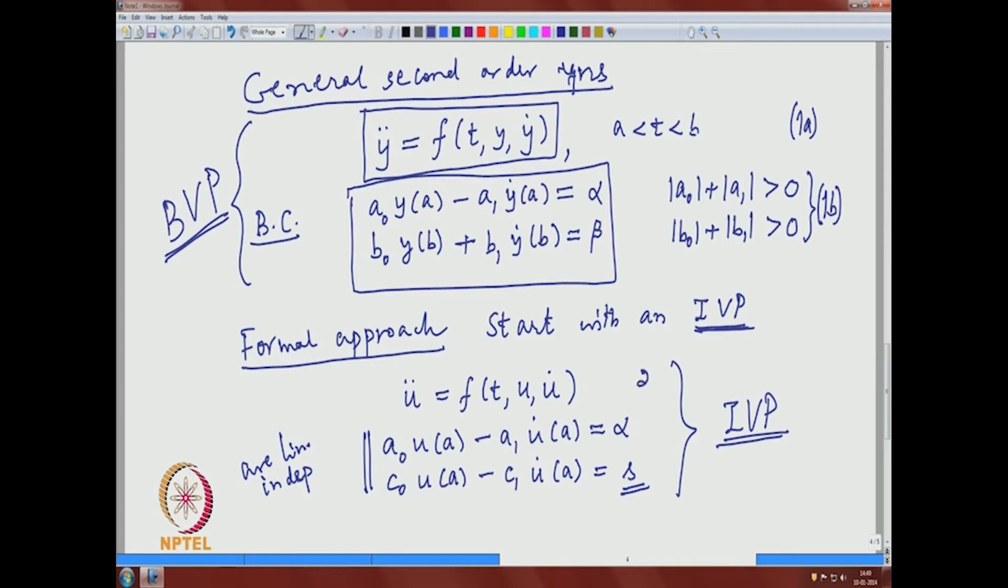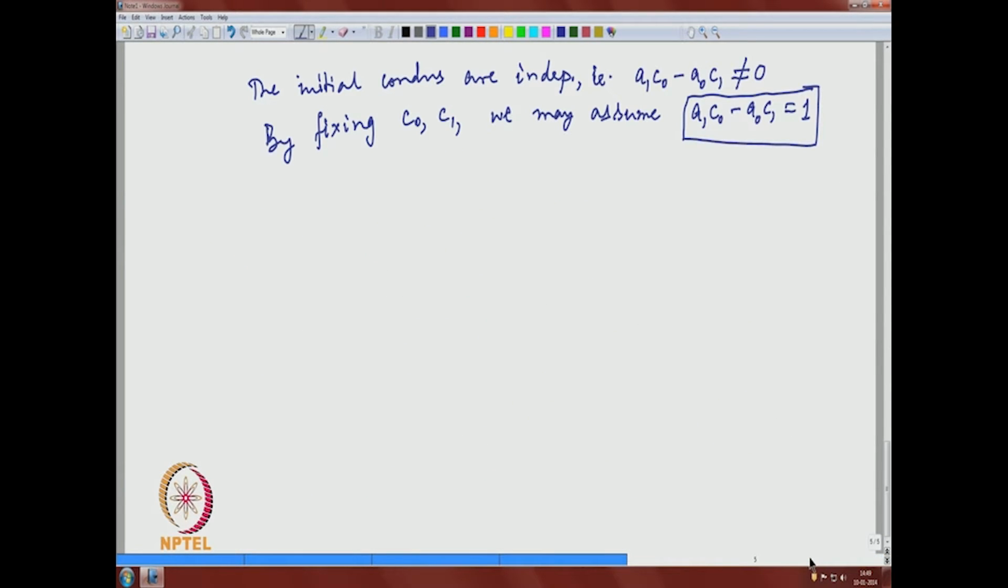So, this is 2A, and 2A, 2B. Okay. And suppose the IVP has a solution